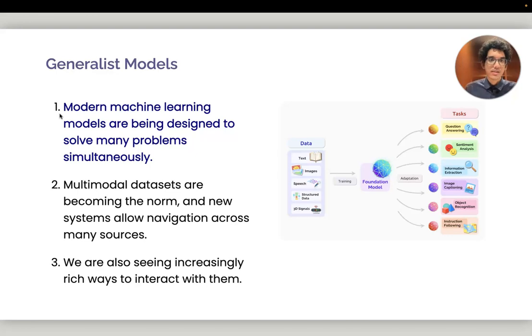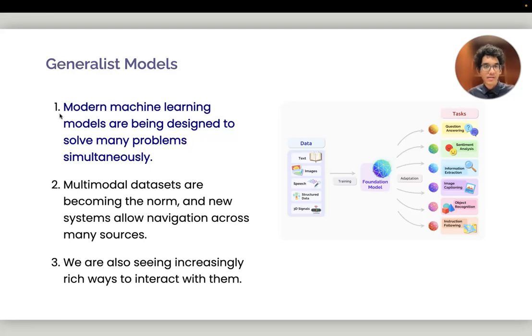Okay, just to set the stage, I want to highlight a couple interesting trends. So first is the rise of foundation models. Right, so you've probably heard of this. These are models like ChatGPT, which are trained on very diverse, very large-scale data, and they're being used to solve many different kinds of tasks at once. Right? You train it once, and you can apply it to many different applications.